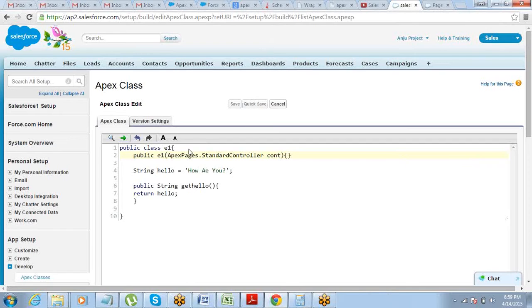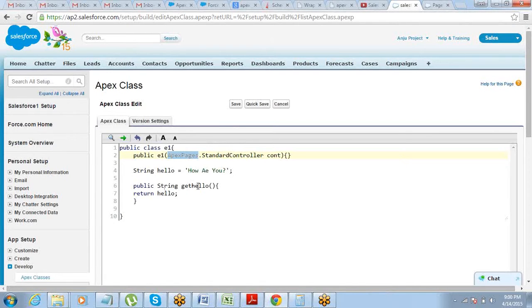Okay, so just that you have to define it as an extension of a standard controller page. That's it. Once you have done this, now you can go ahead and call E1 as an extension.